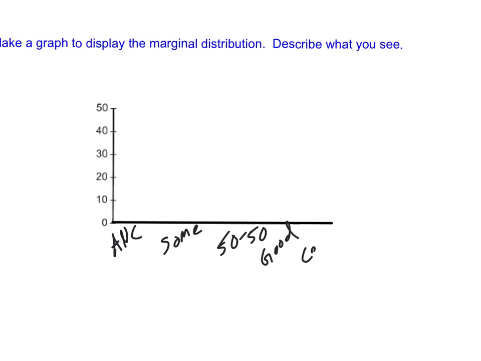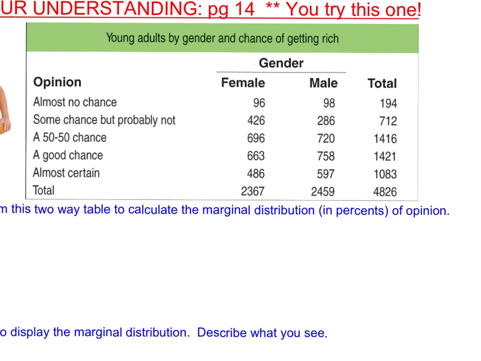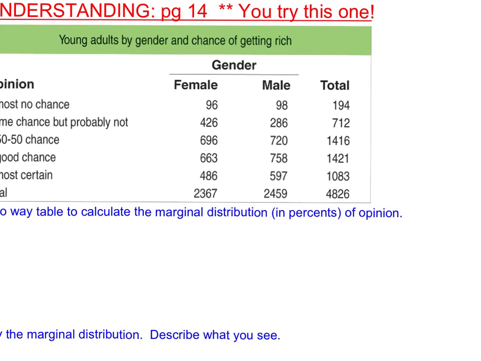Good and certain. Okay, and I'll show you one of the percentages that you would want to find. It says marginal. Okay, so these are out of everybody. All right, so like for the first percentage, I would take 194 and divide it by